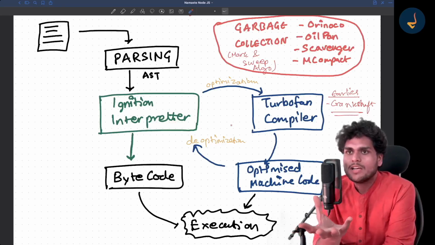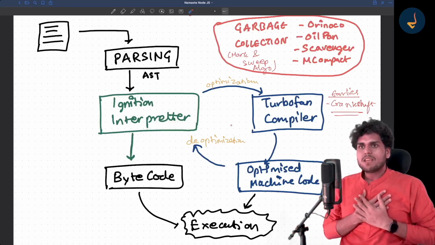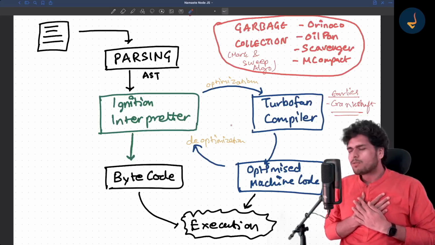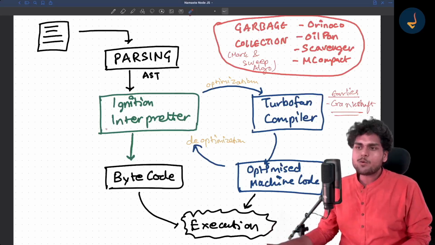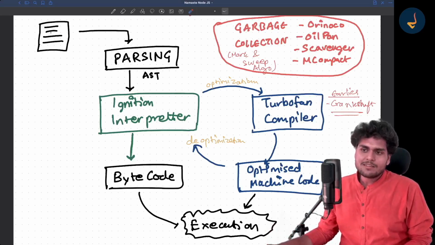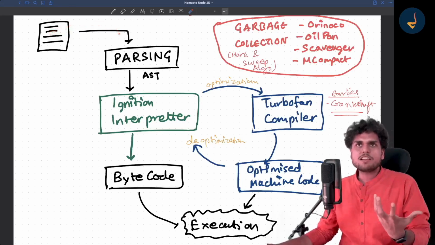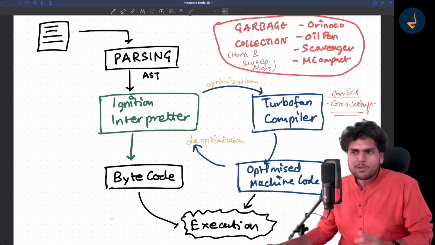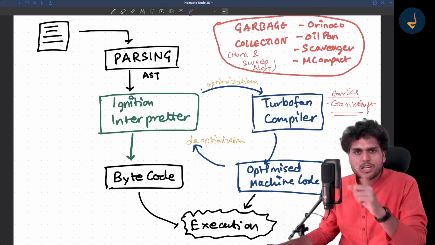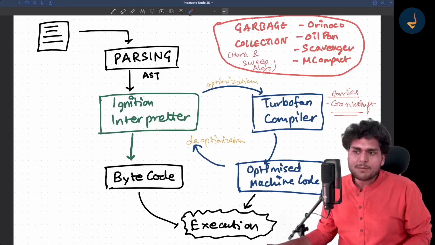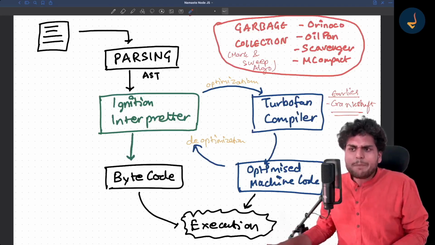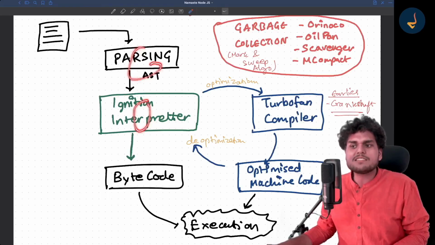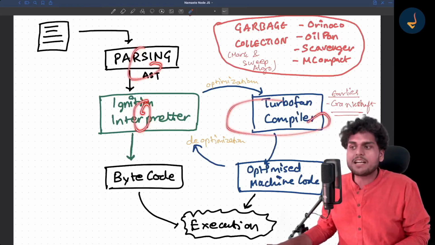My effort is to make deep dive videos so that I can make you curious also. As a developer, I have learned a lot of things just because I am curious. I want to know everything. When I first saw this diagram, if you search on the internet for V8 architecture diagram, you will find a similar kind of diagram. I'll show it to you in a while. I was very interested to see what happens inside parsing, what happens inside the Ignition interpreter, and what happens inside the Turbofan compiler.